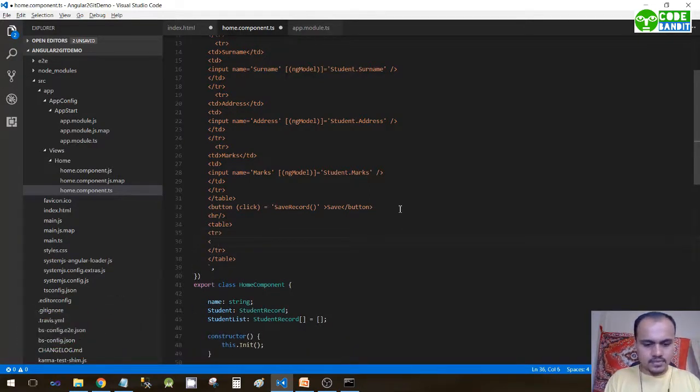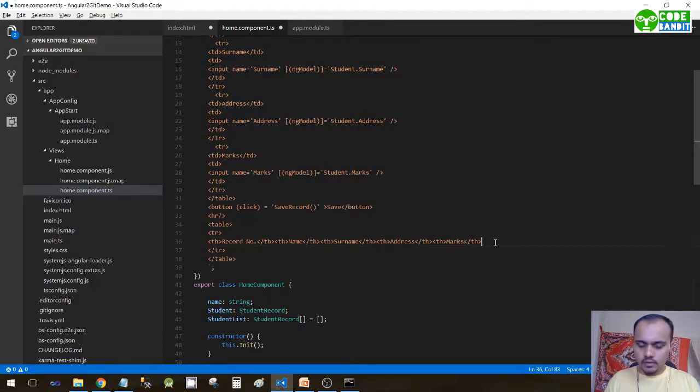It specifies th, record number, then the other th which specifies name, th which specifies surname, th specifies address, and one more th which gives marks. Okay,